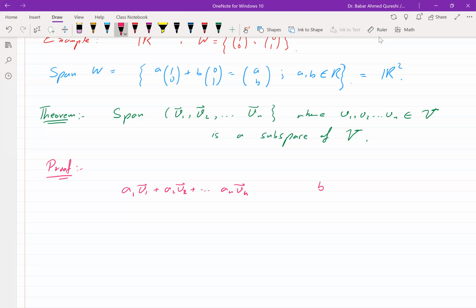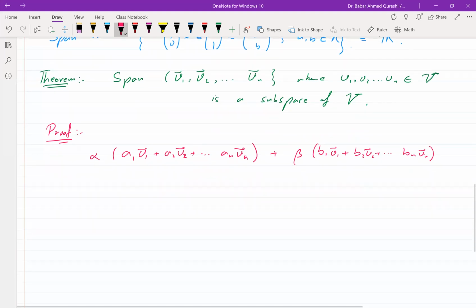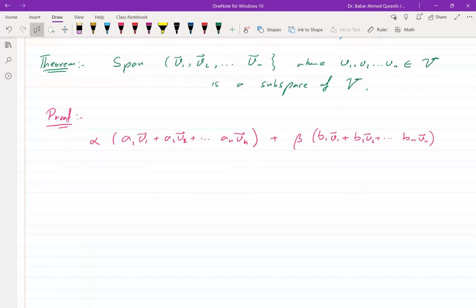This is another vector, completely arbitrary. Choose any real numbers in front and you get a new element from the span. And I have to multiply them by some constants, let's call alpha and beta, and add and check if I get something back from my original set or not. So when I do this,